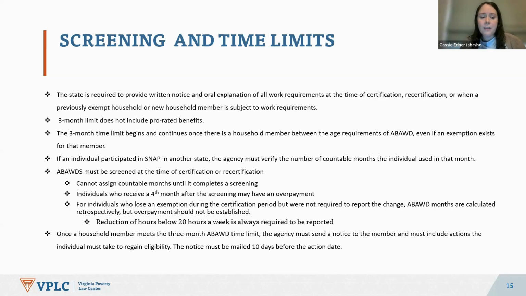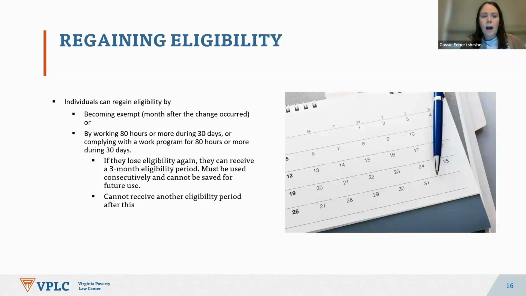Once a household member meets the 3-month ABAWD time limit, the agency still must send a notice to the member, and it must include the actions the individual must take to regain eligibility. There's still the 10-day time frame that's required in the notice of action. Individuals can regain eligibility by becoming exempt, or by working 80 hours or more during a 30-day period, or complying with a work program for 80 hours or more. If they lose eligibility, they can receive another 3-month eligibility period, but it must be used consecutively, and it cannot